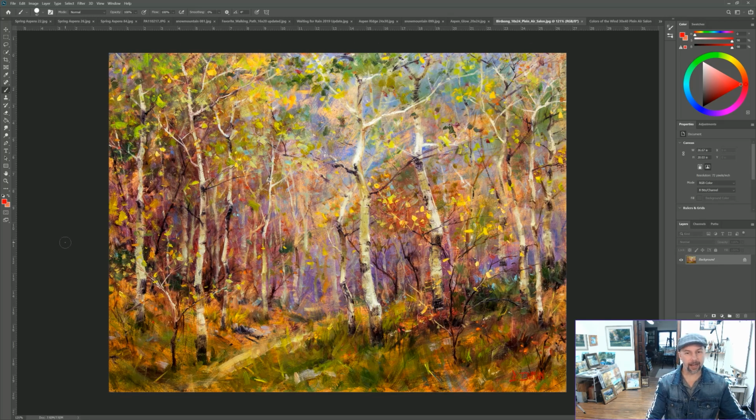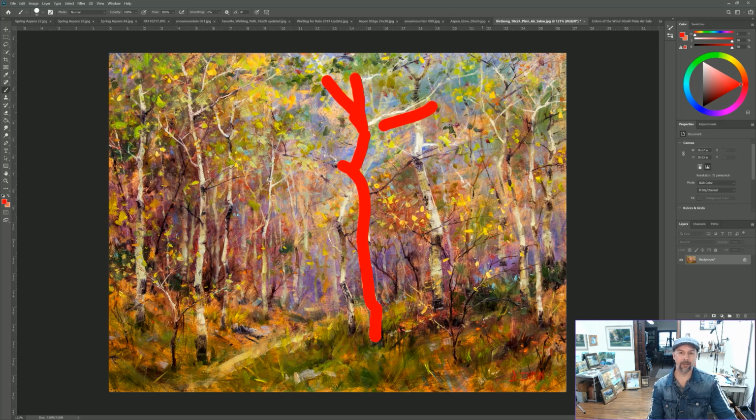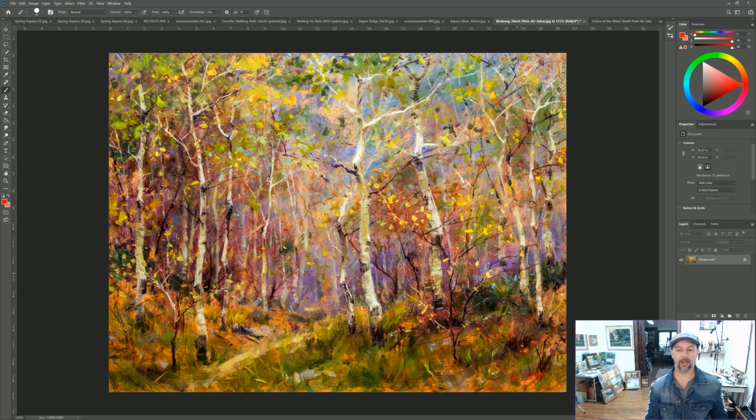With a piece like this, it was, I think, entirely from my imagination and memory, just from painting aspen trees. I decided I wanted to do something with a lot of color. I love strong, saturated color, and that was it. I just wanted to have a lot of fun with color, and aspen trees are one of those things that are so interesting to paint, like with all the little lines coming off, all the quirkiness of those. I love that. Instead of just straight lines up and down, I love all the movement I can get with an aspen tree. So that's why I decided to use aspen trees for this,